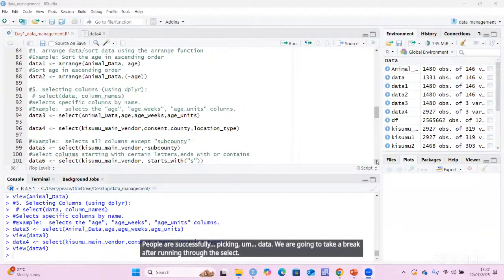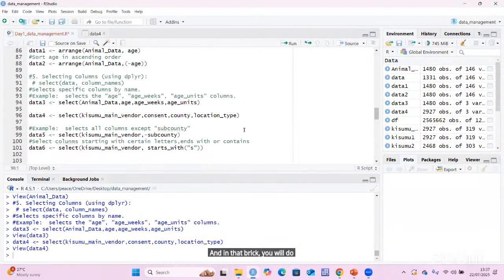And in that break, you will do a very small exercise. Now, you can also select all the columns except a column that you don't like. So if you want to deselect, you simply have to put the negative sign here. What does that mean? It means that if you put the negative sign, all the other variables will be selected